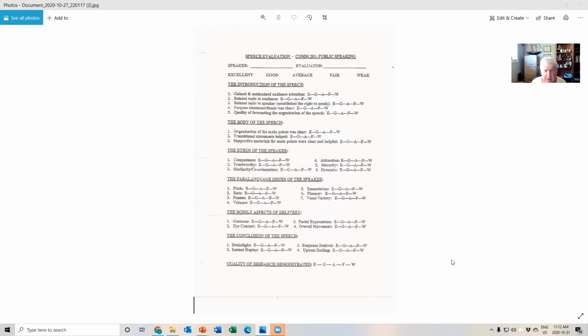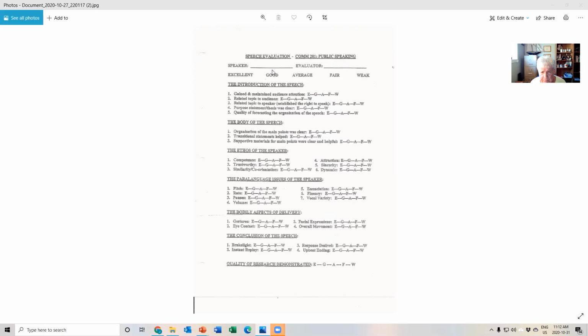This is the speech evaluation form that I will be using. I sent it to you, so you should have it. I sent it to you for a few reasons. One, so you can look at it and understand what is important as you put your speech together, because we've gone through all this stuff. Secondly, you know the evaluation form will be coming to you, and I'm going to talk through this in a moment. And then also, when you do your final exam and you're given a speech, my suggestion is